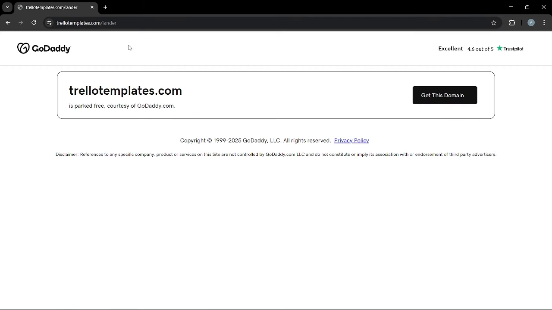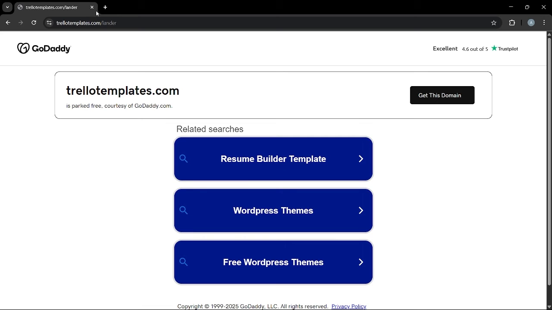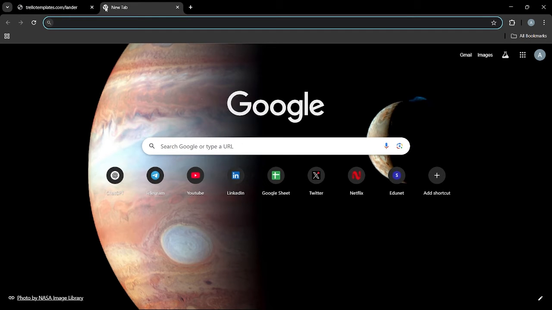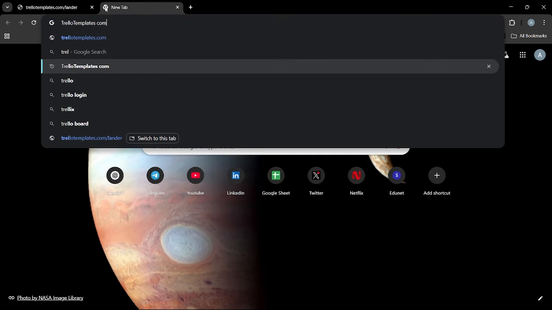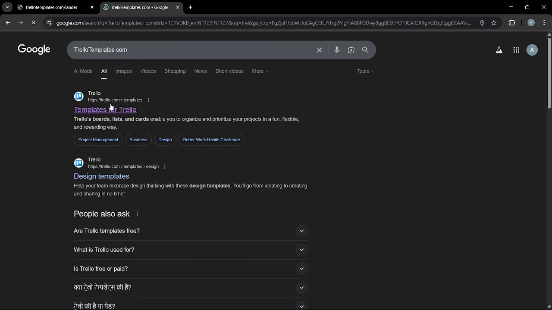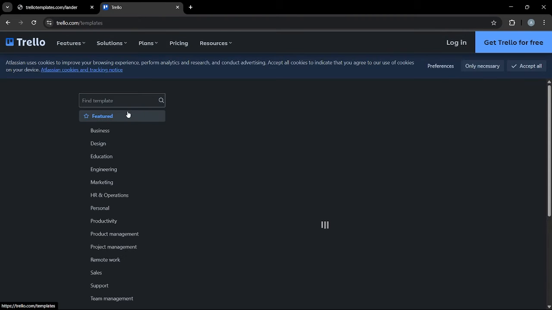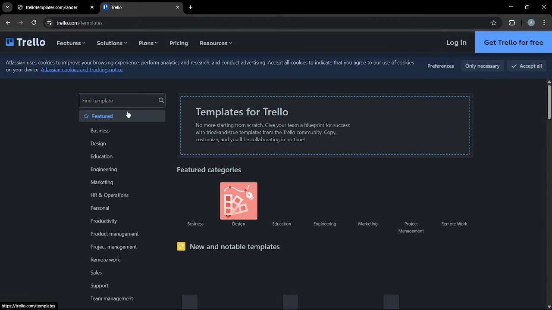You can see the right username over there. Just wait, I think the username is wrong. You need to search for trellotemplates.com. Here you can see this particular website will appear right in front of you, and from here you can see